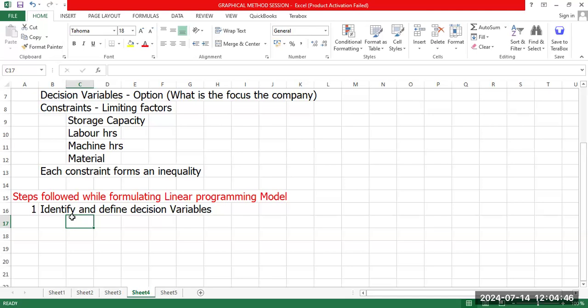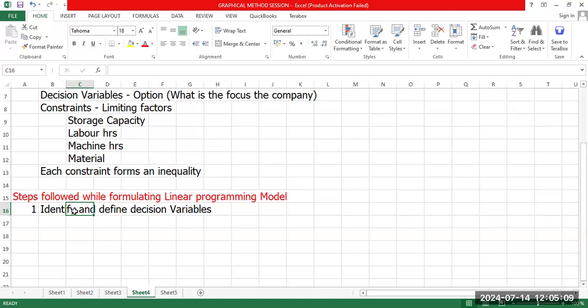For example, at this point you want to know what is the focus for this company. Is it to produce some products, and what are those products? You are trying to identify those products that this company wants to produce. Okay, then once you identify